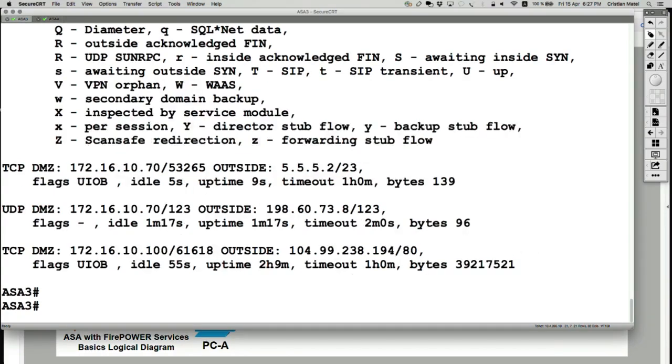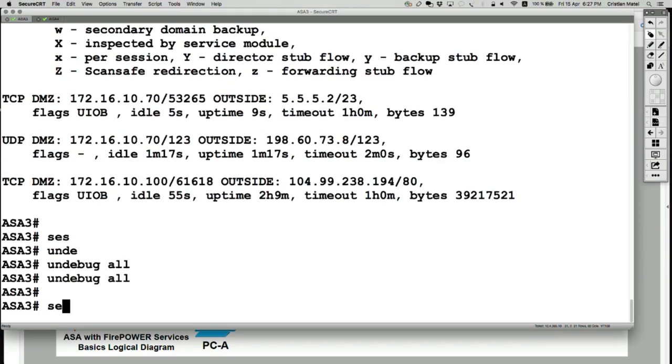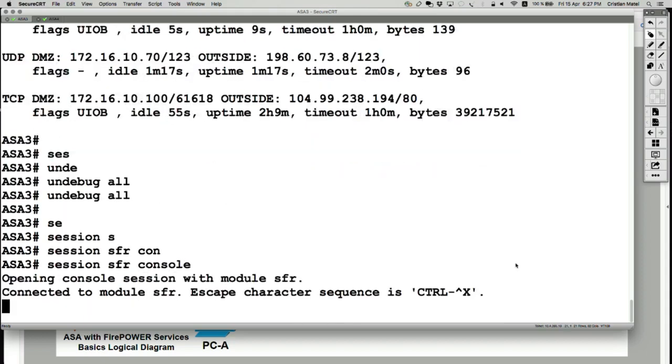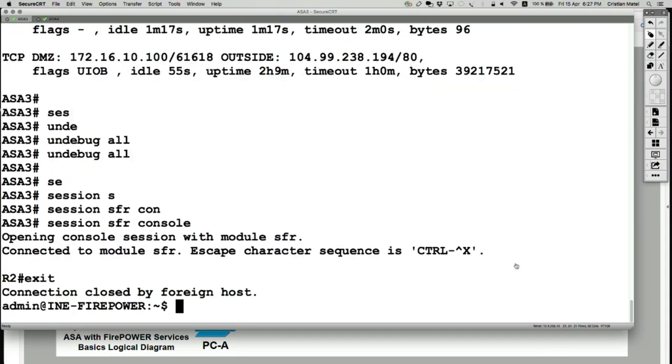Okay, let's disconnect. Let's go back. Let's say undebug all. Session SFR console. Let's disconnect from router 2. And of course, we can also do traceroute. Let's say traceroute. But it's not going to work, because I'm not going to trace route through the ASA, because the ASA by default filters the traffic. It's not going to work